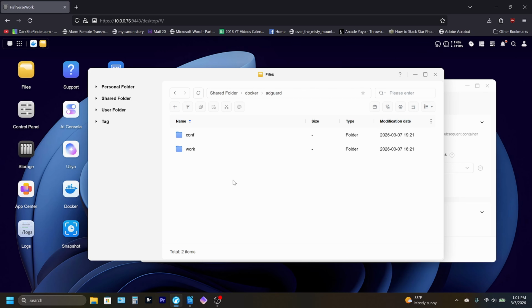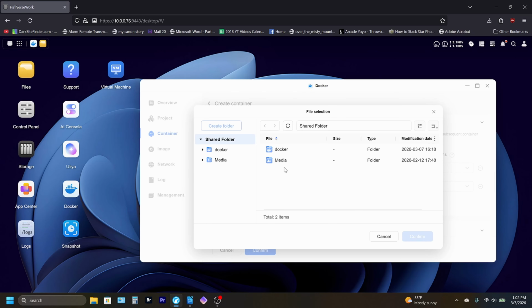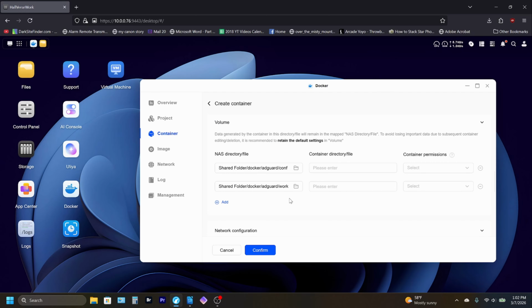Once we have these folders made, then we can come back over here and we're going to need to add two folders here. So the first one is in here, and we're going to pick the conf, it's fine. And then the second one is going to be the work. So we're going to add those. In the container directory file, that's going to be this